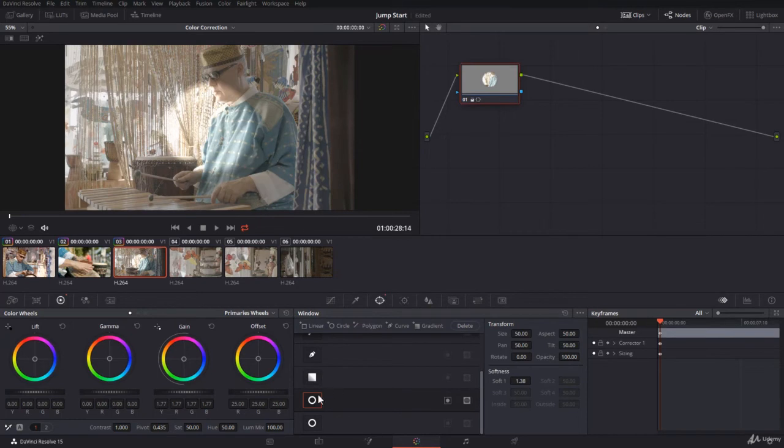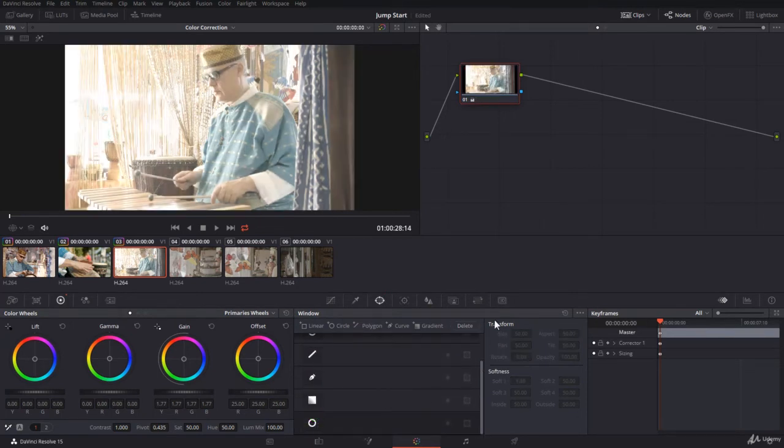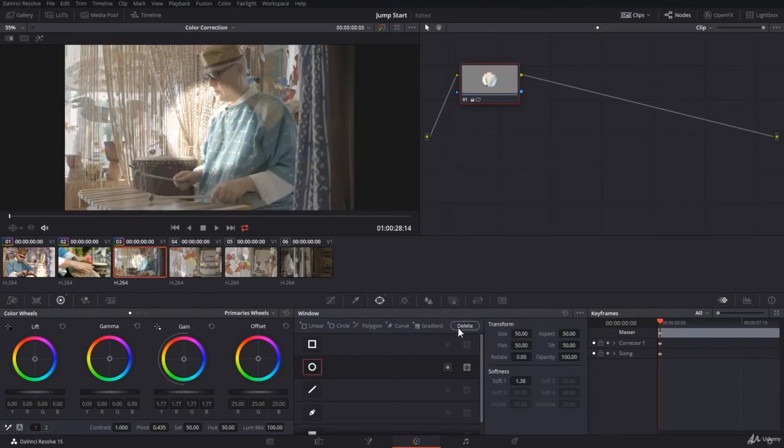So I want to delete the extra circle that we have put. Just press delete and they are deleted. Now you cannot select a circle from here, for example, and delete it. Doesn't work. This is a default window and you cannot delete the circle window. All you have to do is to reset. Now usually what we do, put a window here, put the on-screen control, here they are, and then put it